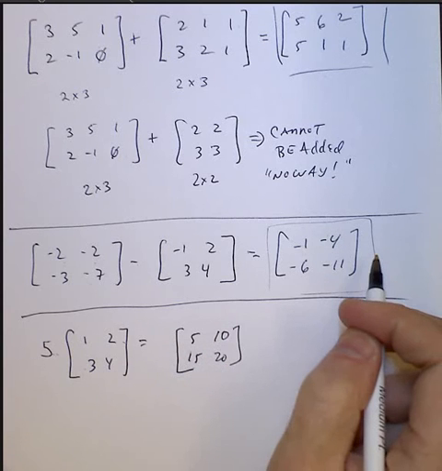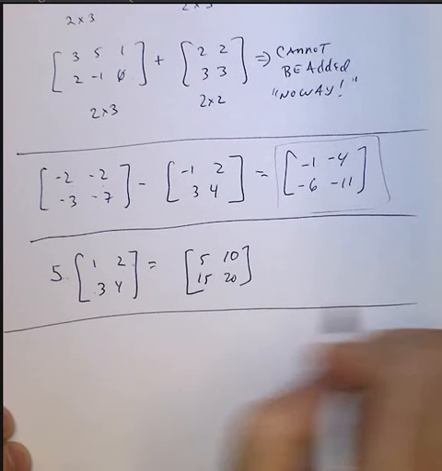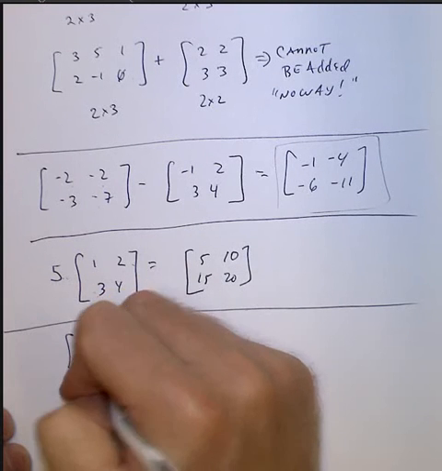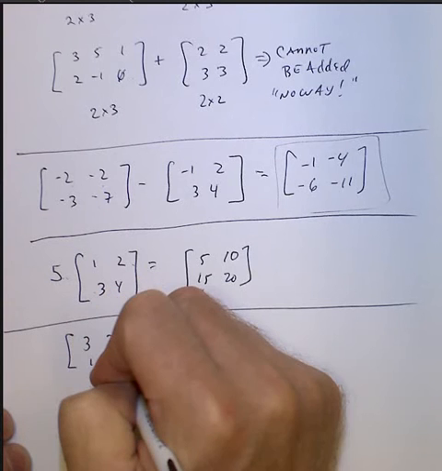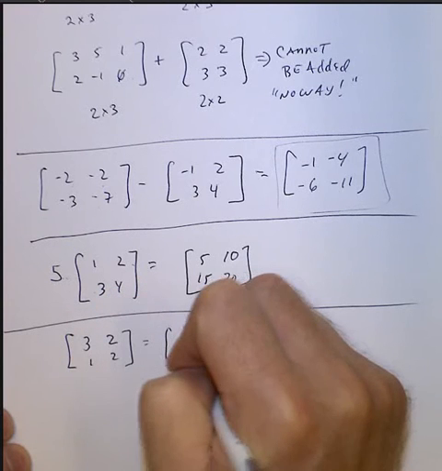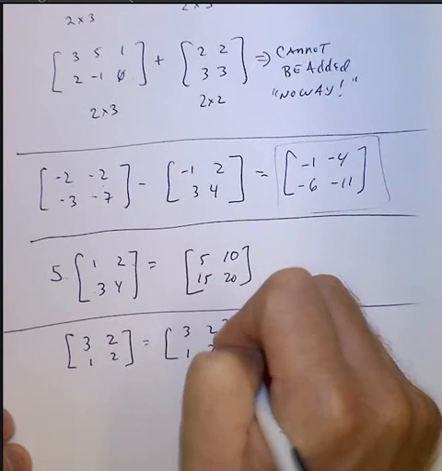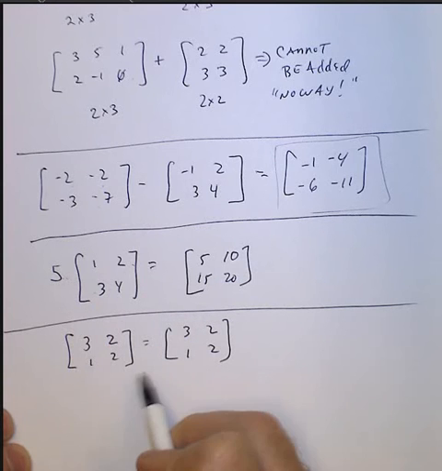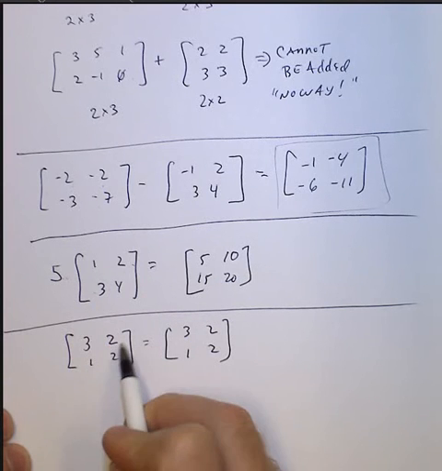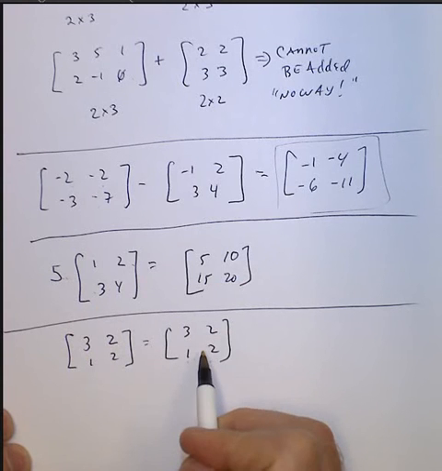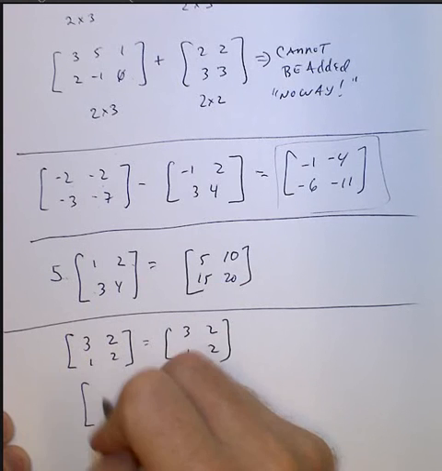And then the last thing is equal matrices. Two matrices are equal if their values in each corresponding entry are also identical. These two matrices are equal because 3, 3, 2, 2, 1, 1, 2, 2, they're identical. That means they're equal. So if I gave you something that looked like this,